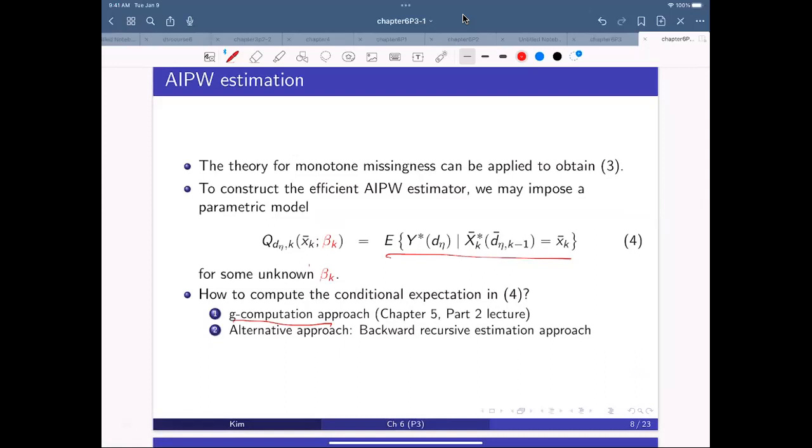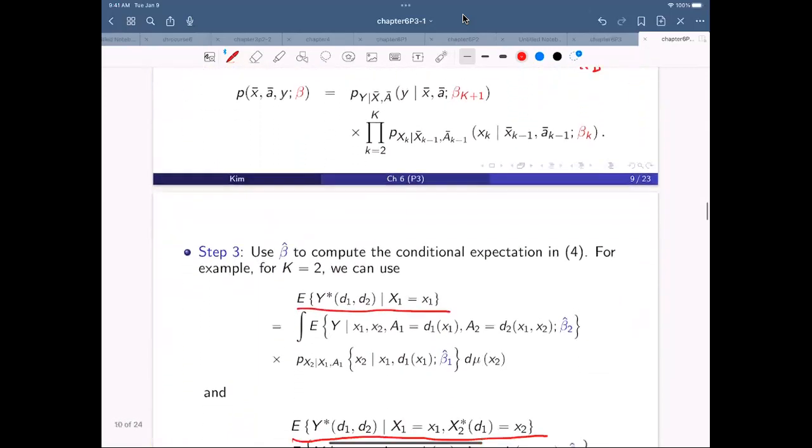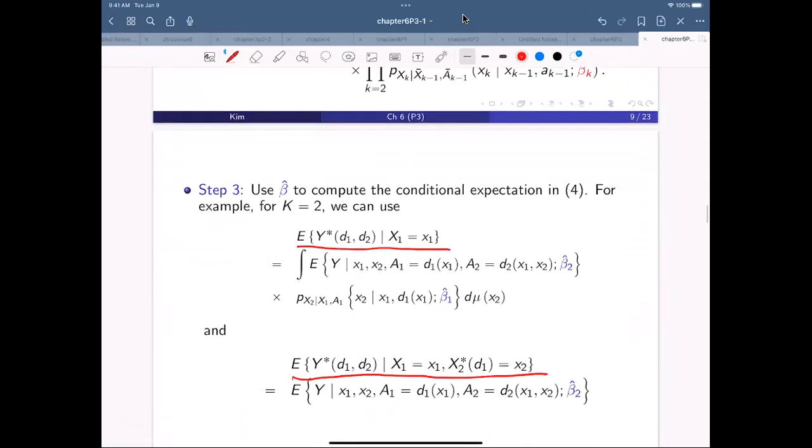The first one is much heavier in terms of computation, because you need to do Monte Carlo simulation for a given D. And then if you want to compare over different D, you need to